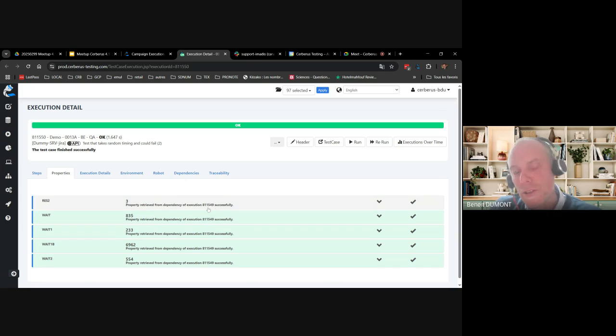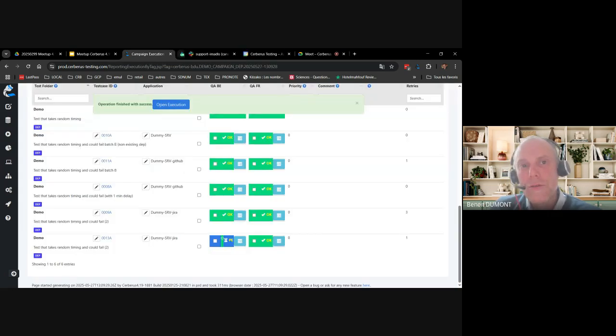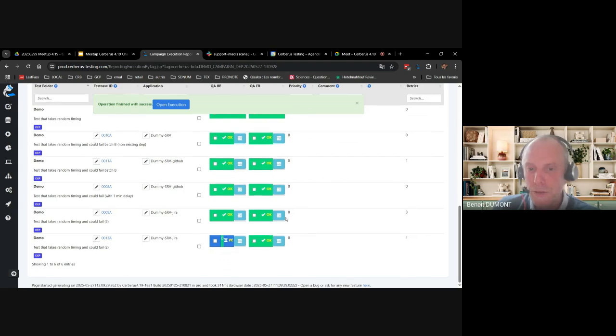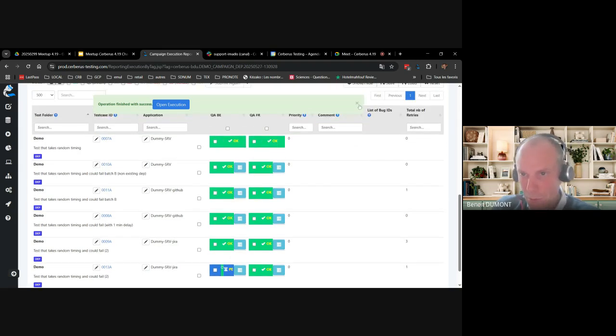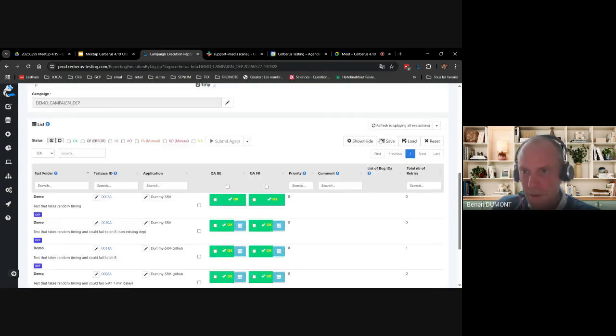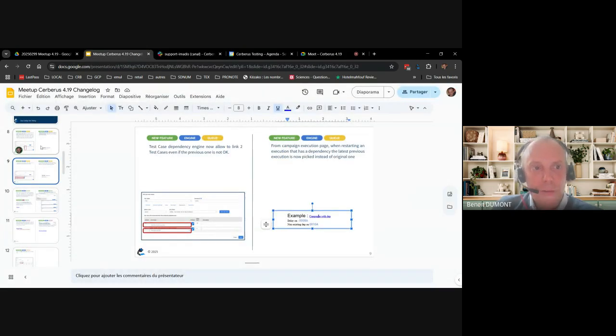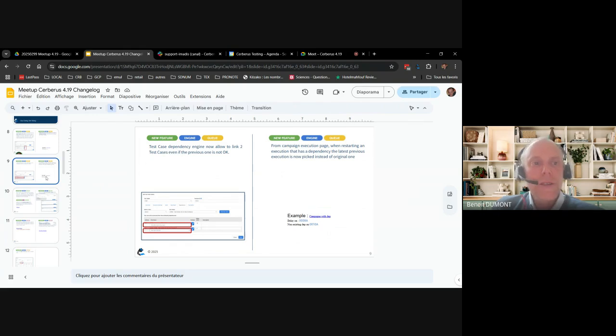On the last version, it was still taking the 45, no matter if you were executing a rerun before, which was quite annoying because that forced you to resubmit the full campaign. So now you can submit only a part of the campaign a lot easier. That's quite convenient when you are tuning your test at the beginning of the executions. So that's for the queue management and basically the dependency management.